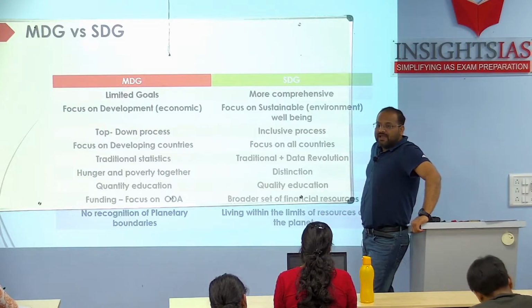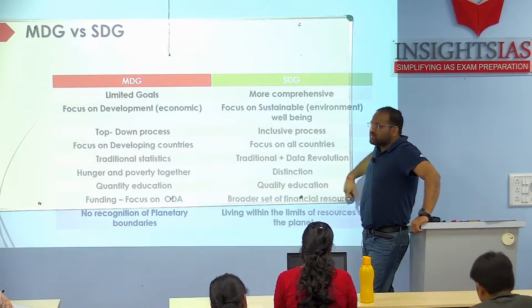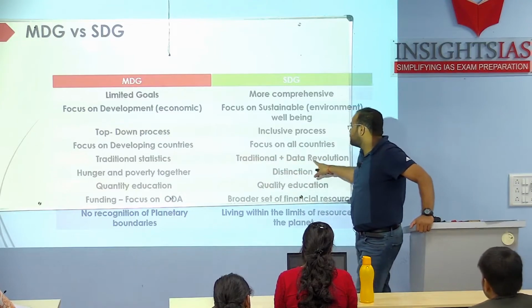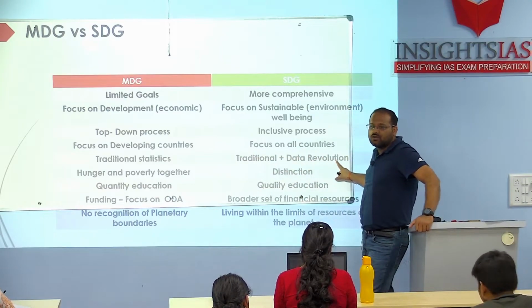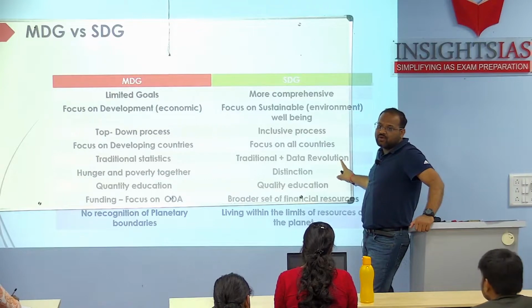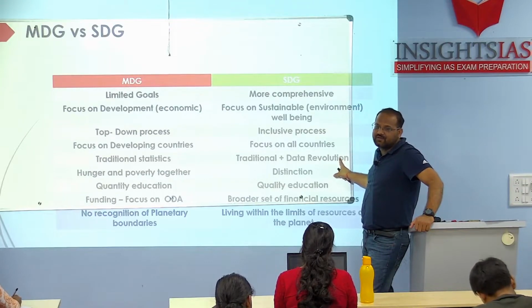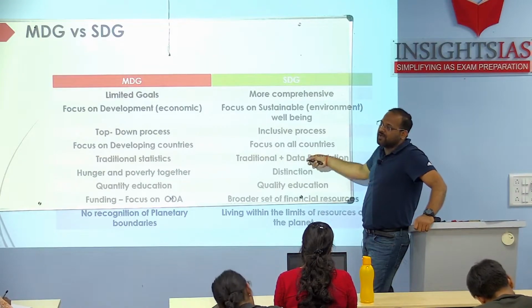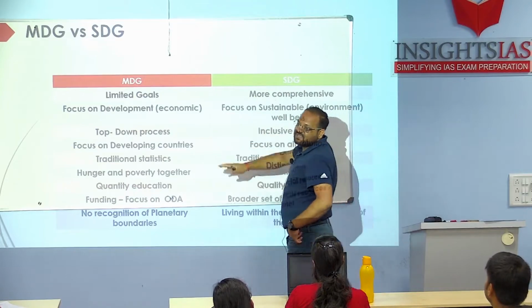MDG focus was mainly on developing countries and SDG is focusing on all the countries. In MDG they used traditional statistics. Here they are using not only traditional but also data revolution. They are going with evidence based policy making, because after 2015 or 2012 only data is being revolutionized more in comparison to MDG. They didn't recognize